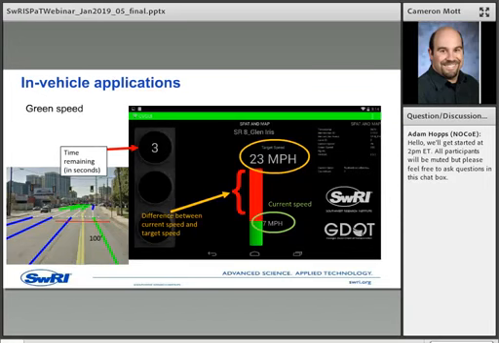The second application is the green speed application, and it helps drivers to make an informed decision regarding whether or not they will make it through the intersection during the current phase at their current speed. For this particular screen, if this were the scenario in front of this vehicle, I wouldn't really recommend that they speed through the intersection in order to make it. You can see here the depiction of the time remaining in seconds of 3 seconds,